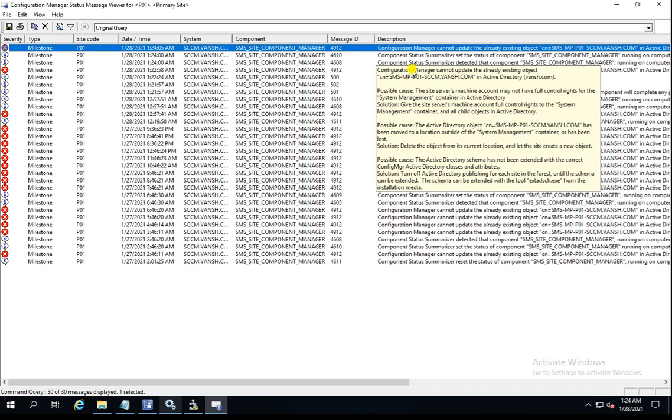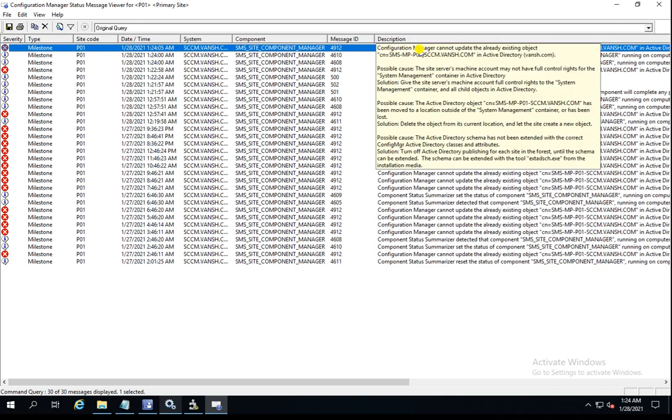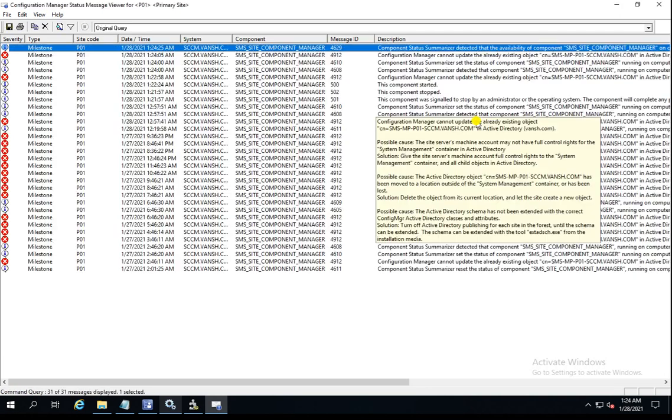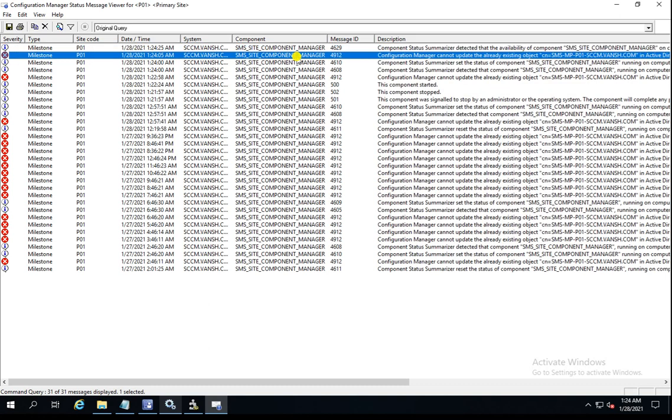After some time, it will do the validation again, then it will do the fine tune. Okay, so now it's showing again that status messages detect one warning. Why does this warning come? When your System Management folder does not have proper rights, or you have any issues with your SCCM to AD connectivity. So it's not getting proper rights to update, check, or validate the details. Now you have seen it again, one more status is updated.